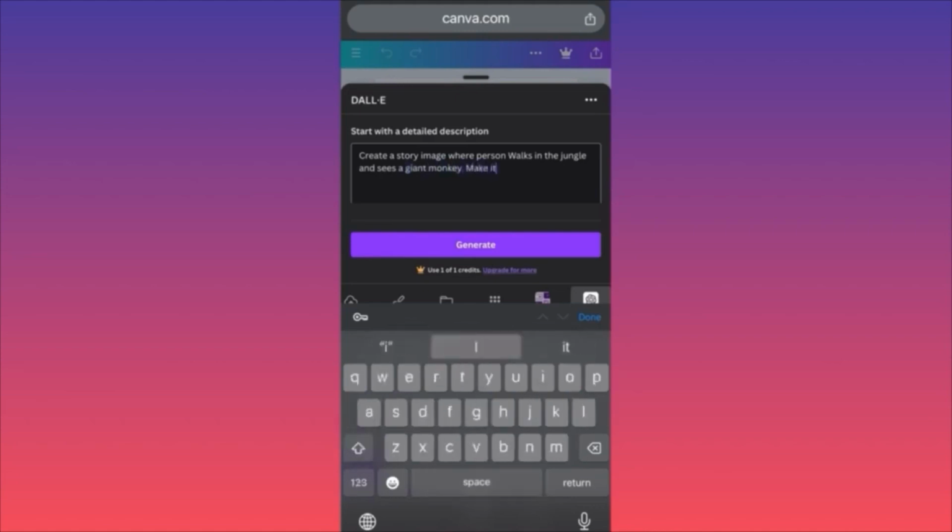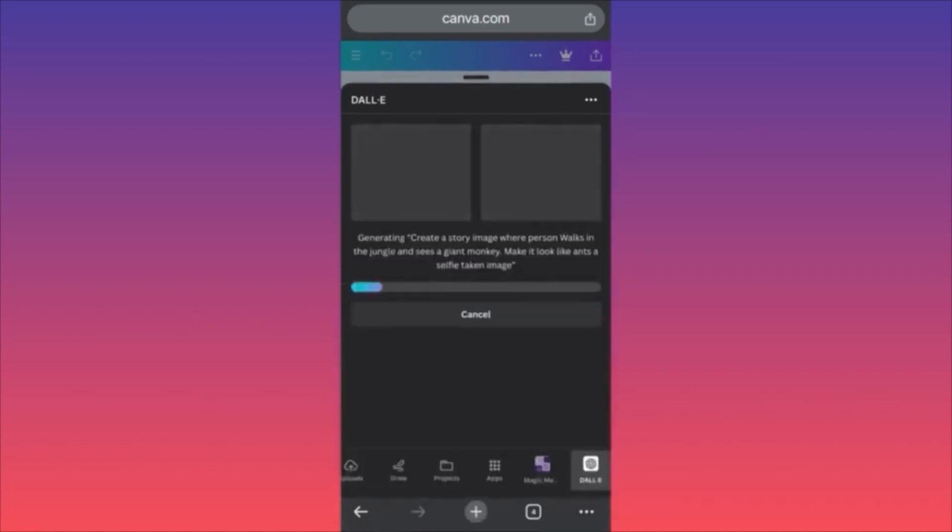Make it look like it's a selfie taken image. Pretty complicated script, pretty complicated prompt. Let's see what are the results.